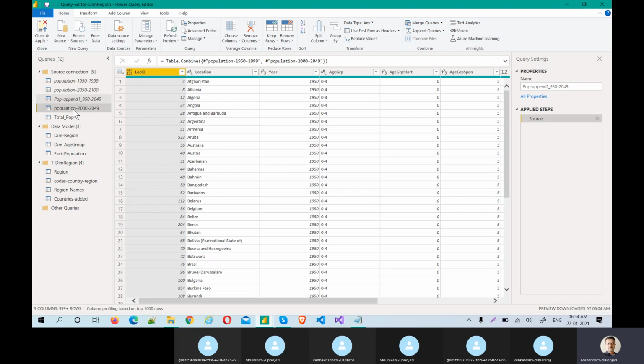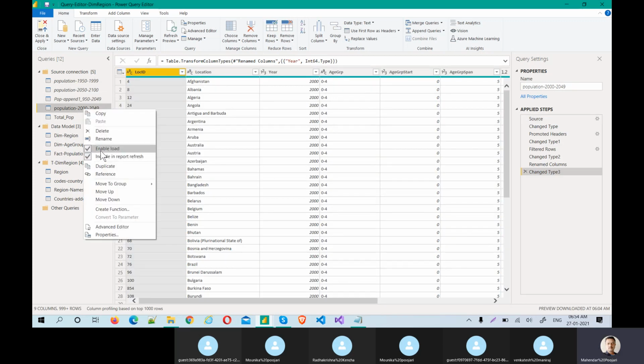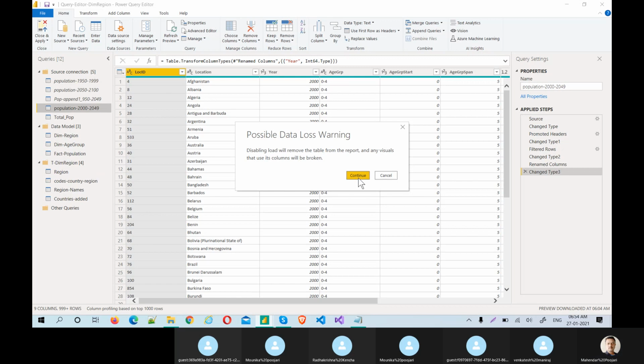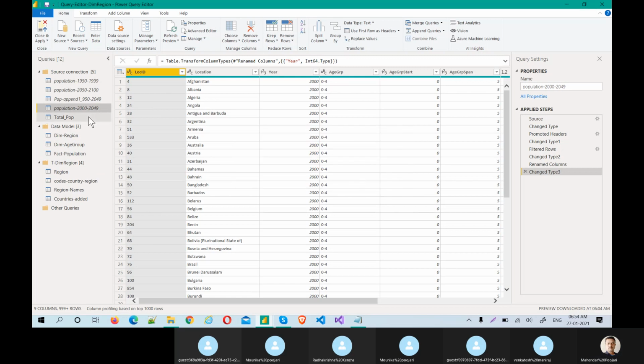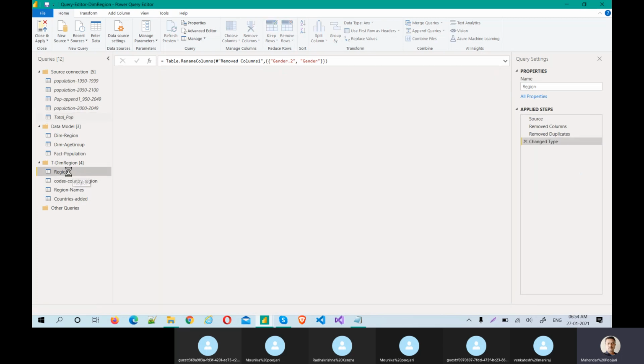The third one also, and this is also not required. All intermediates we can disable, because these are all intermediate tables.